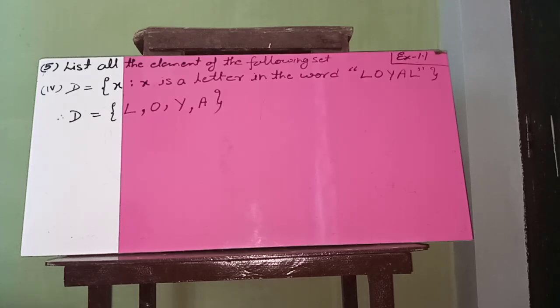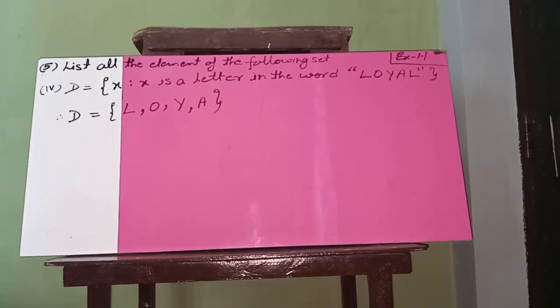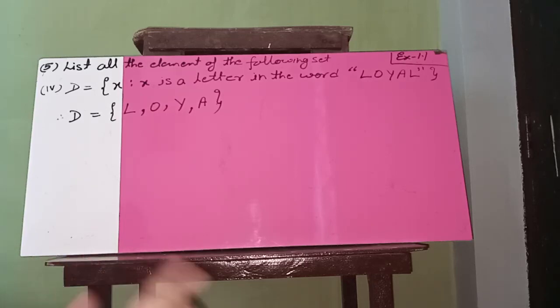Okay, now question number 6 is very easy. In question number 6 you have been given: match each of the sets in the left in the roster form with the same set on the right side. You have two types of sets given there. One side, the left side, is in roster form and the right side is in set builder form. You will match the roster form to its set builder form. Okay, now you will complete question number 6. Okay, now exercise 1.1 is completed.